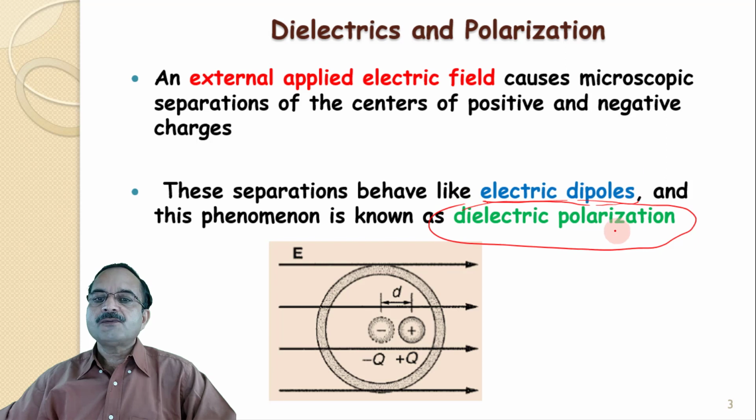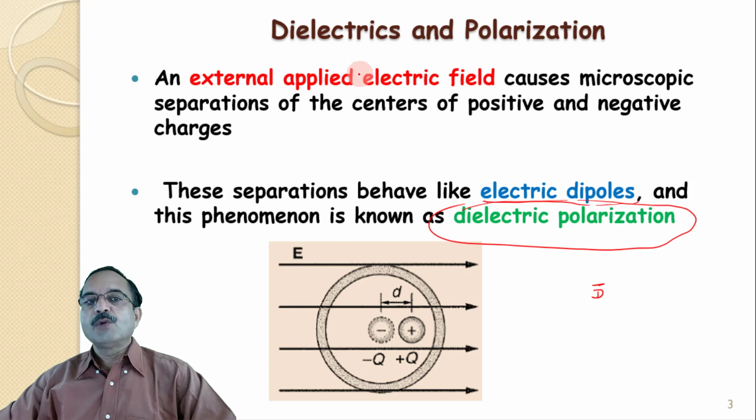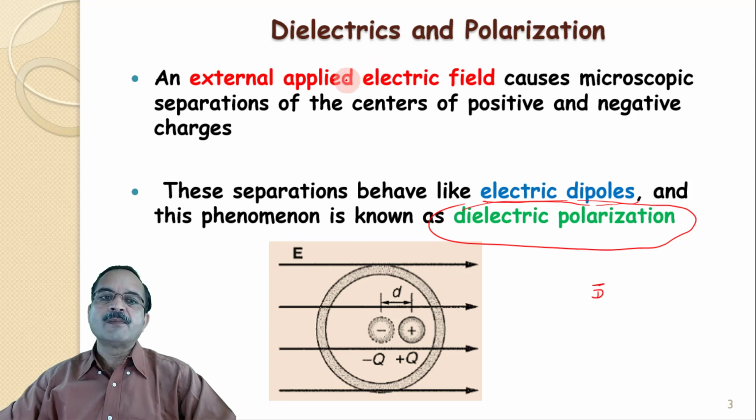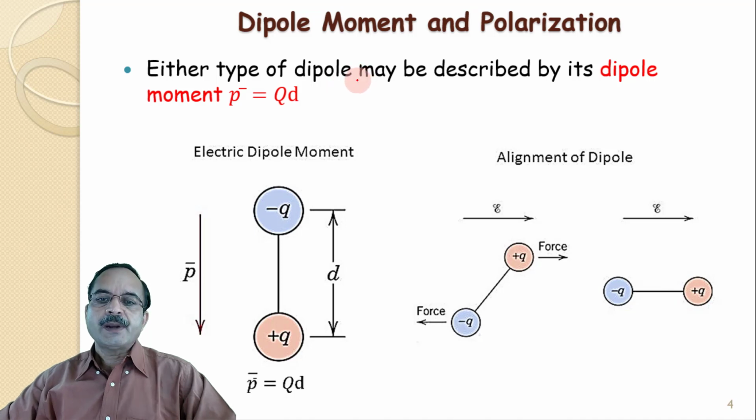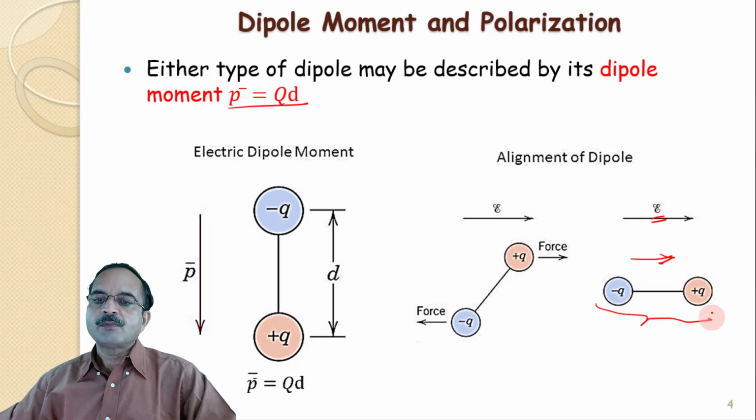Now we are going to discuss what exactly this polarization is and how it affects the electric field intensity. Then we'll also find out, based on this, what the dielectric constant of the material is, and how it depends on the polarization. We will also discuss polar molecules and non-polar molecules. After the electric field is applied, these positive and negative charges get oriented in the direction of the applied electric field E, and a dipole is formed.